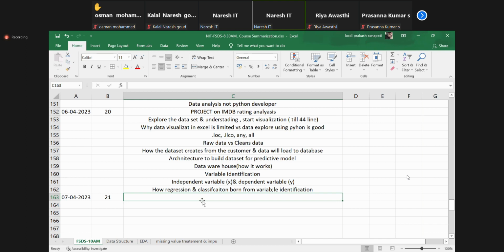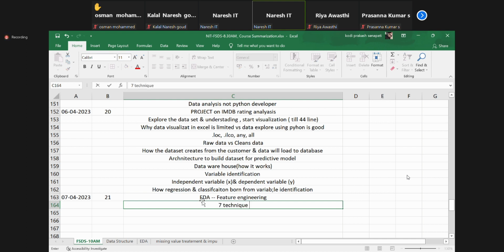Anybody tell me what we covered so far? We start the sessions with EDA, and EDA also called as feature engineering. What exactly is we called as feature engineering? Next step, how many techniques we understood? 7 techniques, isn't it? In 7 techniques, we called